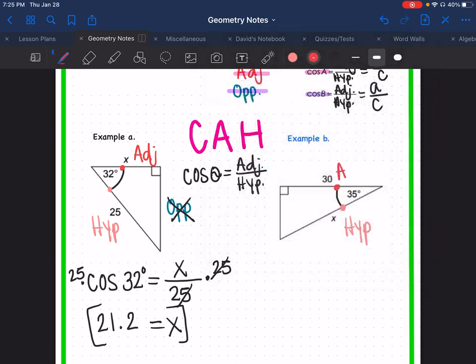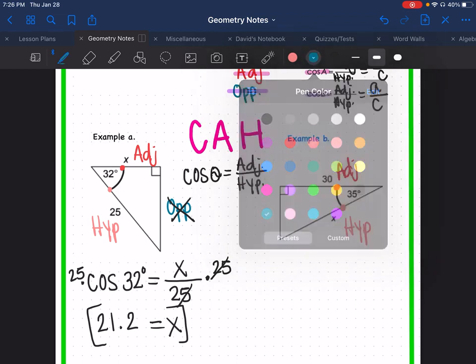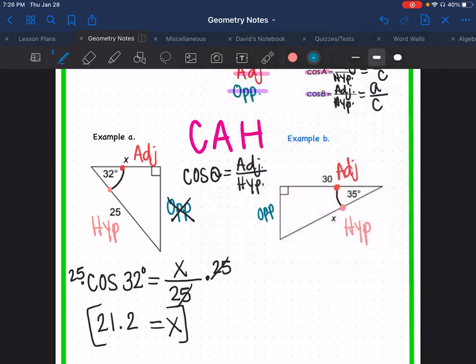30 would be my adjacent. And of course, my opposite side is blank, so I'm going to cross it out. So notice I have A and I have H. I'm thinking I'm going to use cosine. Okay, so cosine 35 degrees equals adjacent 30 over hypotenuse x. I multiply by whatever's in the bottom of my fraction,